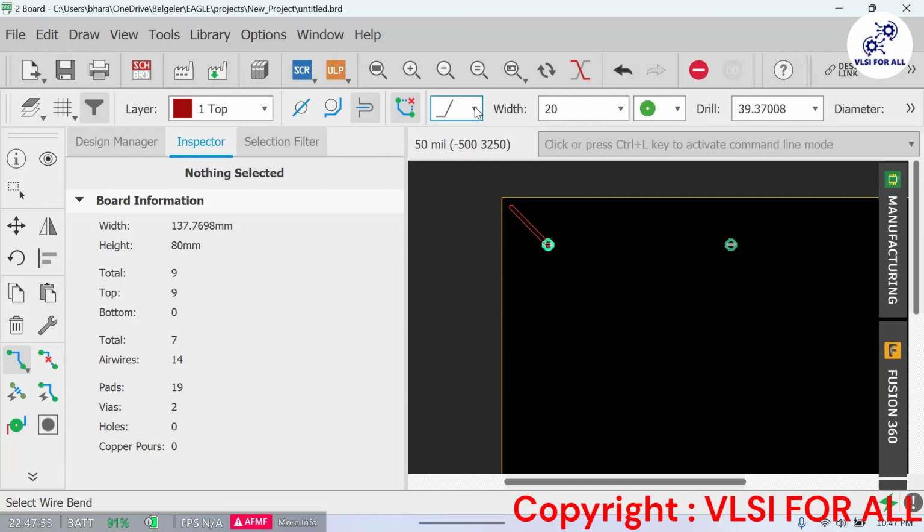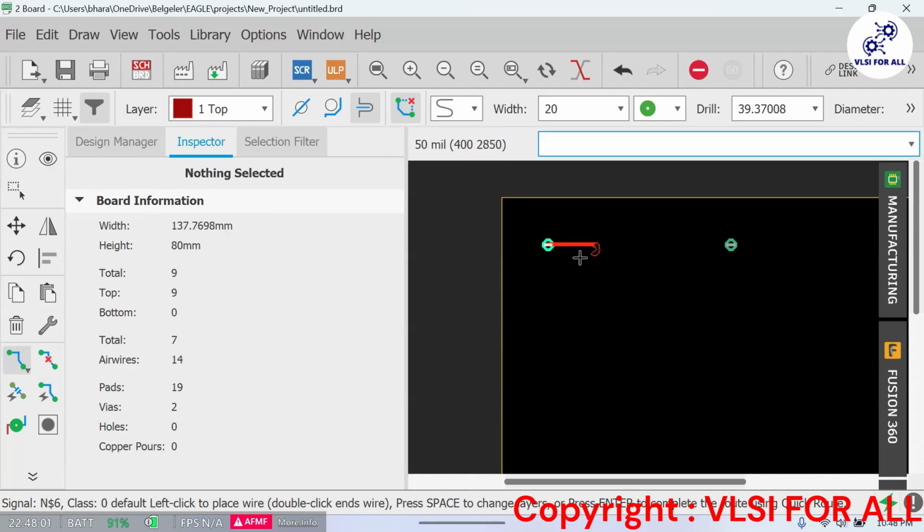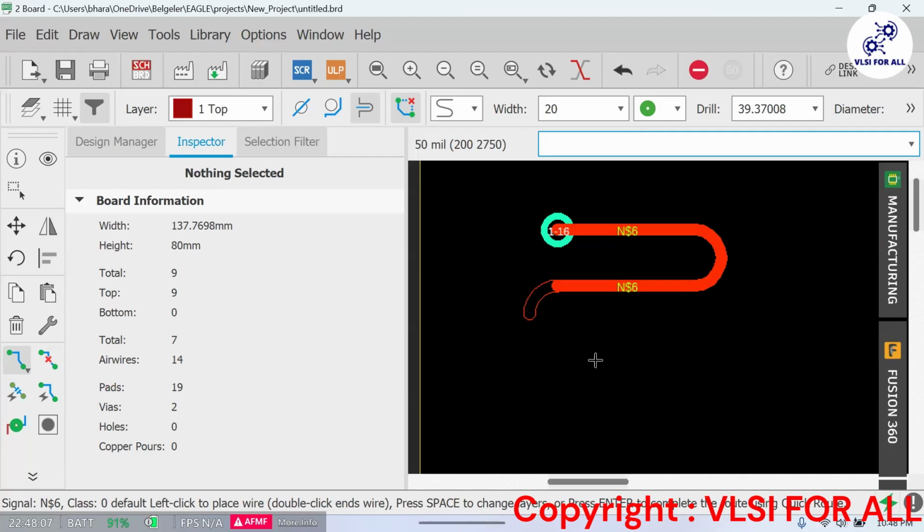I guess I can do it like this. This is for antennas. We generally have this kind of thing for antennas.